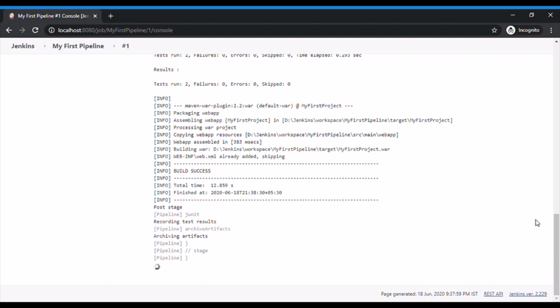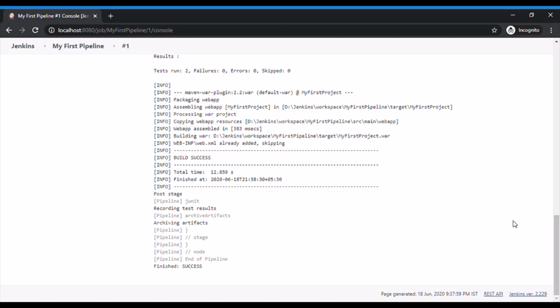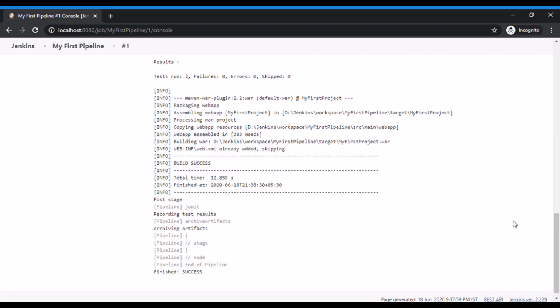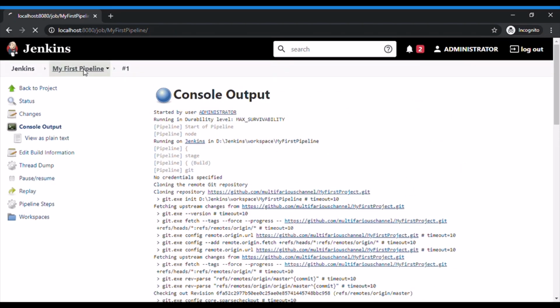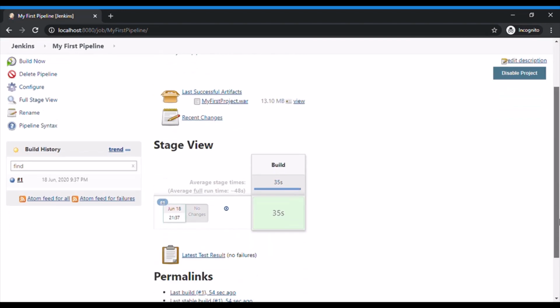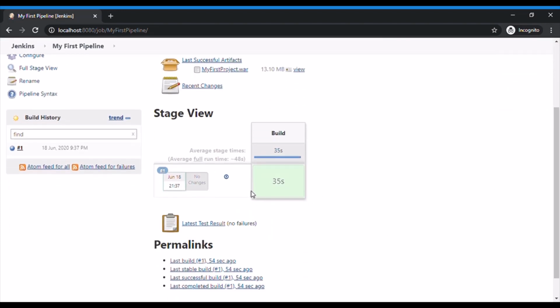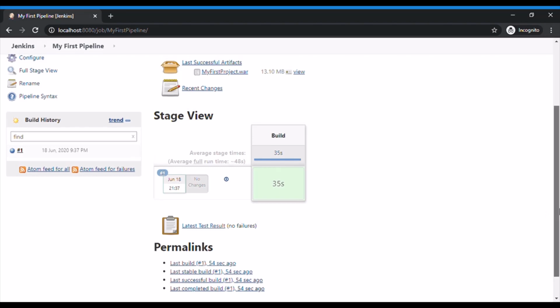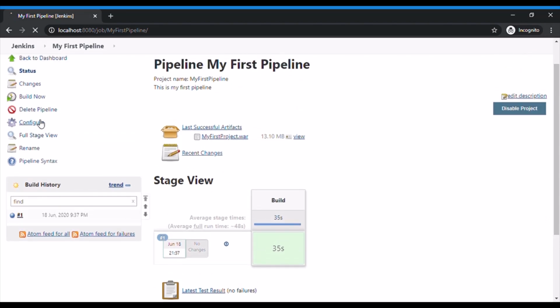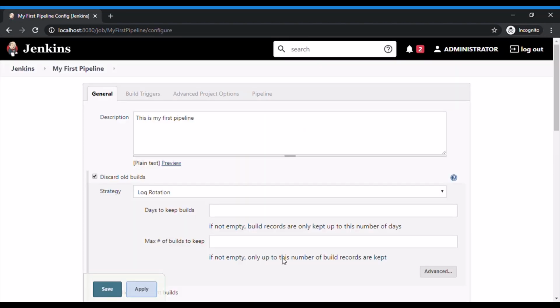As you can see, it is completed. Now we'll go to the home page and we can see the stage view. It is a pretty view that shows the progress of each stage. So I'll go to configuration now,